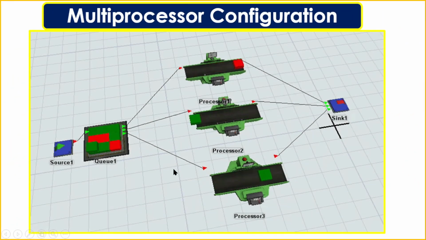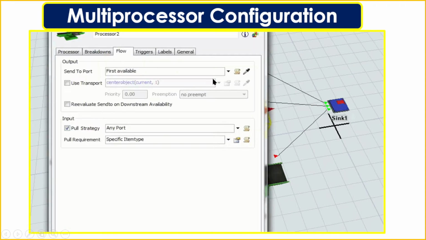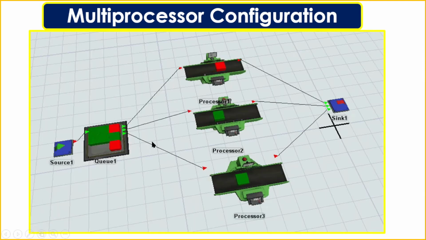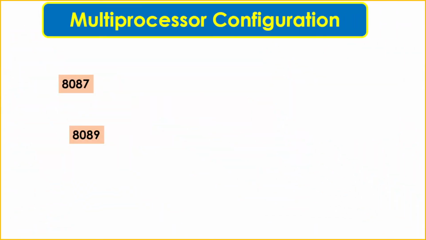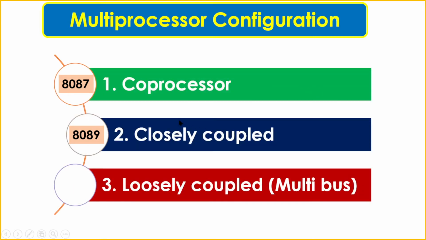Multiprocessor configuration means a single task is carried out by different processors. It may be based on the requirement. Whatever you are looking at in the diagram, a single task which is to be transmitted from source to destination is transmitted by more than one processor in the system. So this is the source. There are multiple paths. It will reach the sink anyway. If it is not possible using a single processor, that's why we go for more than one processor in the system. What multiprocessor configurations are available in the 86 microprocessor?